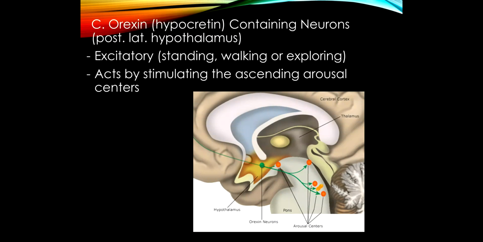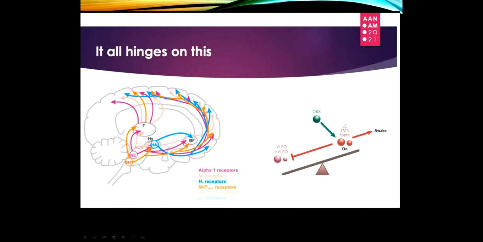Now, the other very important area that relates to all of this, very close to the ventrolateral and medial preoptic area, are these orexin-producing neurons here in the hypothalamus. And so orexin, otherwise known as hypocretin, is the one that is active when you are active, when you're walking. I mean, it's impossible to fall asleep standing up or walking, right? Because the orexin neurons are really active, okay? And so they will act here to stimulate the ascending arousal system, okay? So it kind of does the opposite of the ventrolateral preoptic area.